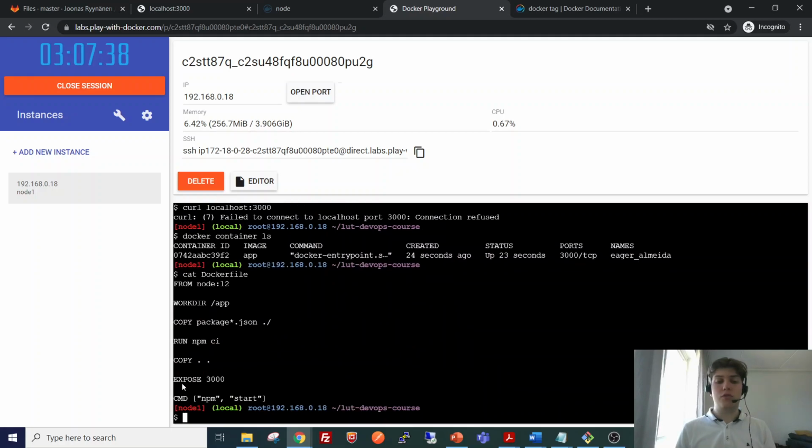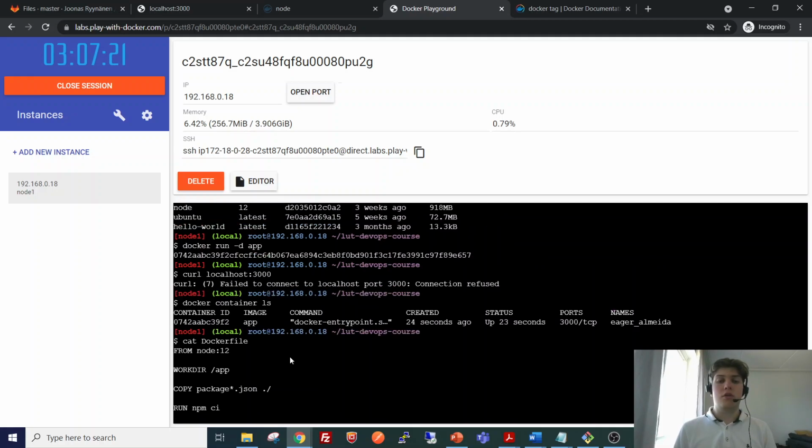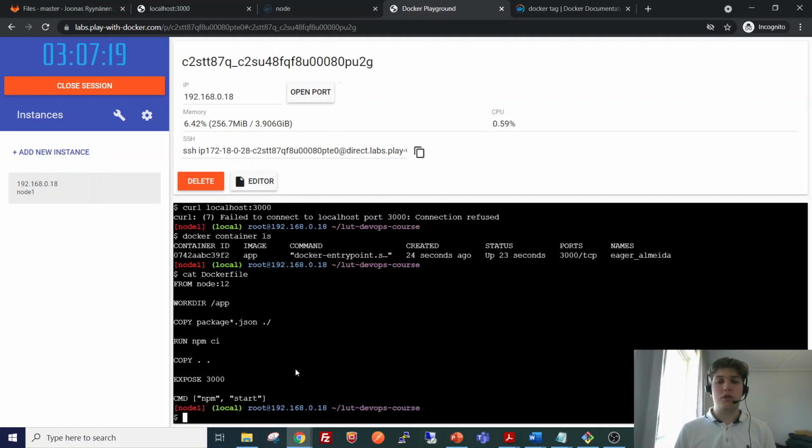Here we have this EXPOSE 3000, but now it is important to notice that the port 3000 is only open inside the container, so we are not able to yet access it from our local machine, which in this case is this Cloud Shell, like I mentioned.